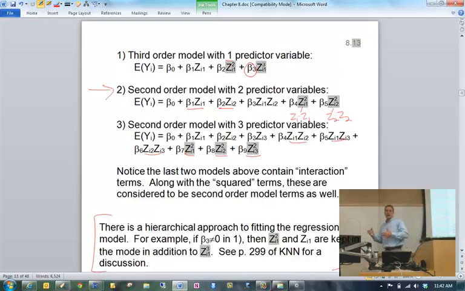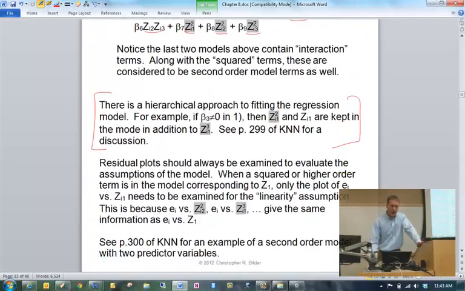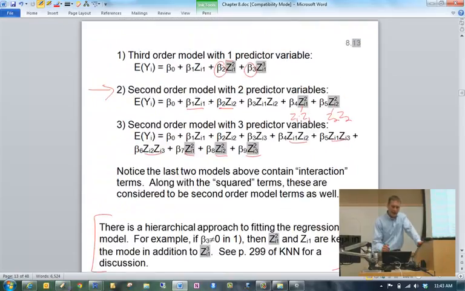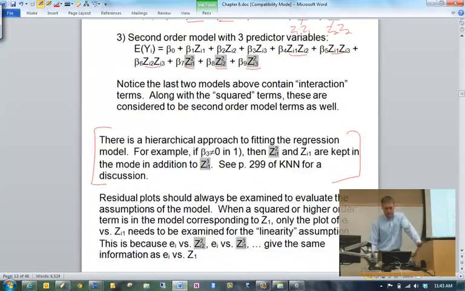In a similar manner, if you were to, let's say, test beta 2 and it's not significant, and for some reason you decide to take that out of your model, you're going to force perhaps an odd shape to your curve that may not fit your data as well as it should. So we always work with a hierarchical approach. Again, meaning that if this variable is important, we always have the corresponding lower order terms as well.